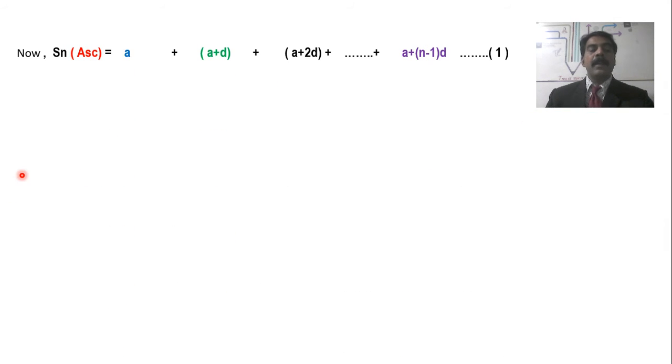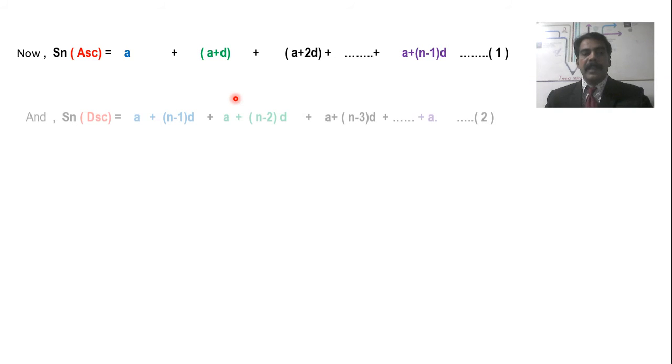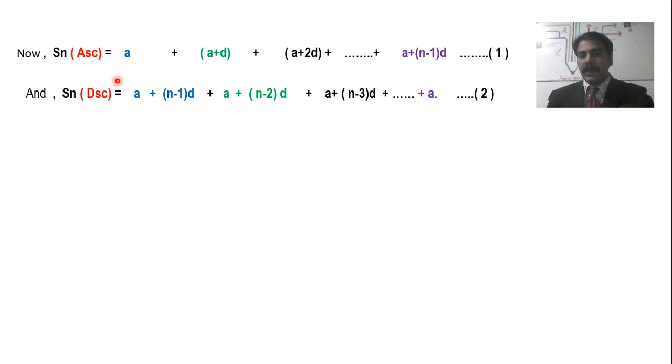Now, I am writing Sn equals, in ascending order, A plus D, A plus 2D and so on up to A plus n minus 1 into D, that is statement number 1. Students, you can observe here that I have written the first term in light blue color, meaning I have used different color combinations here so that you can get a proper idea of which numbers are going to be added. Similarly, I can write Sn and I will maintain the same color for the term numbers. Now, we have to add these two. Adding these, we will get A plus A becomes 2A plus n minus 1 into D will remain as it is, and on the left hand side Sn plus Sn will become 2Sn. Is that clear?